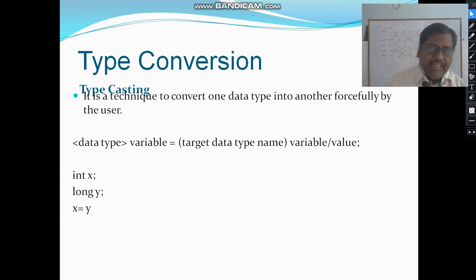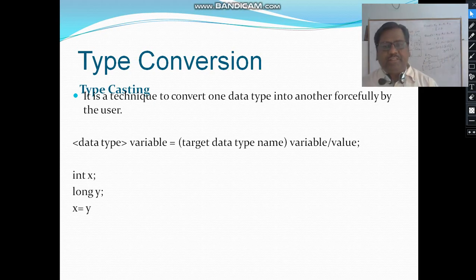It is a technique used to convert a value of one data type into another forcefully by the user. That means if I have to force a conversion, the technique I use to implement explicit type conversion is known as typecasting.